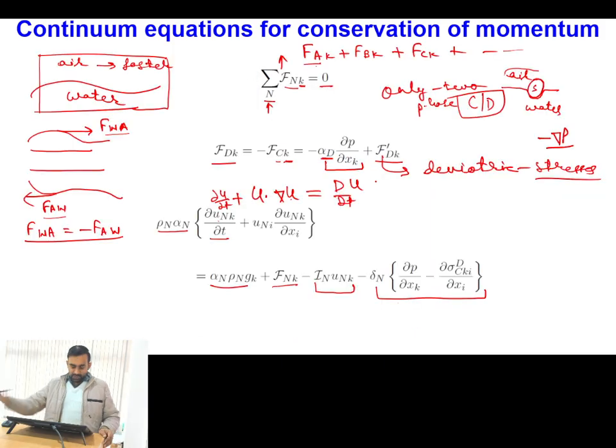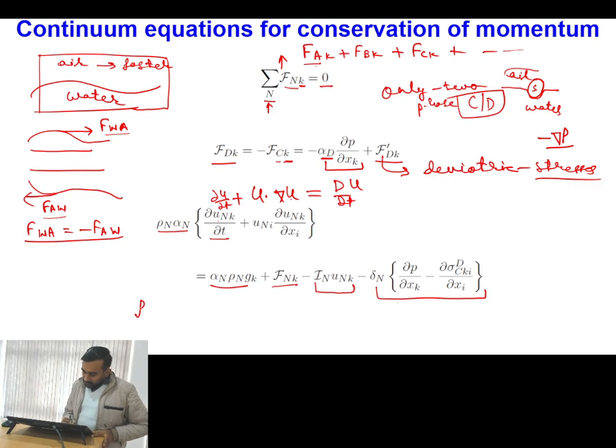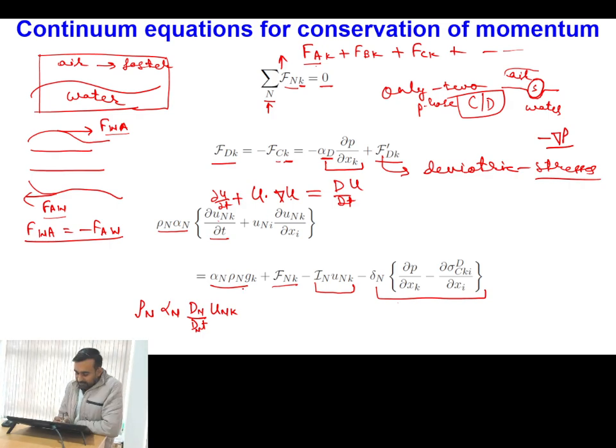I can write this term as rho n alpha n into dn by dt of unk. Okay, so this will be my left hand side, and this will be equal to body force plus interaction force minus m dot n unk minus delta n of this. Now what does this dn by dt of unk represent? It is nothing but the Lagrangian derivative of the velocity field,